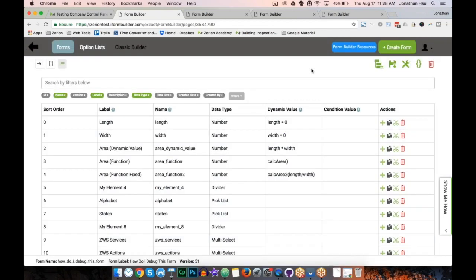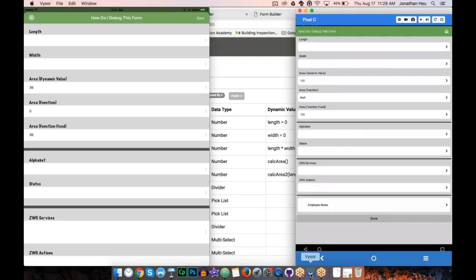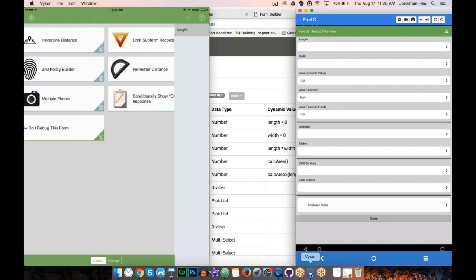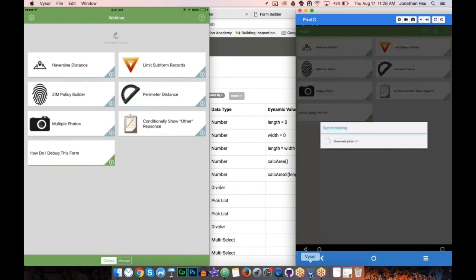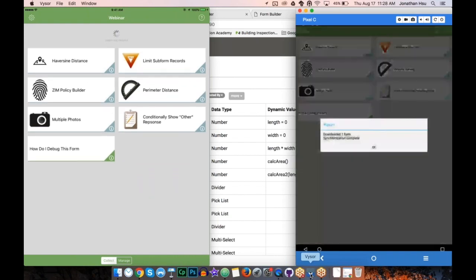This is another part of building your forms safely, is making sure you save your work and your progress quite frequently. The additional thing is when you're debugging forms, you don't want to make too many changes too quickly, because this way, if you do, you're not going to know which change fixed the problem. As I sync these two forms,